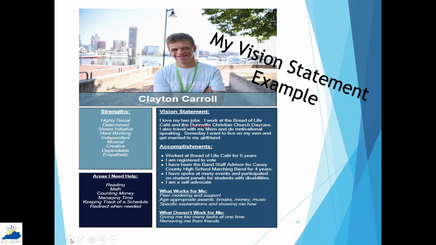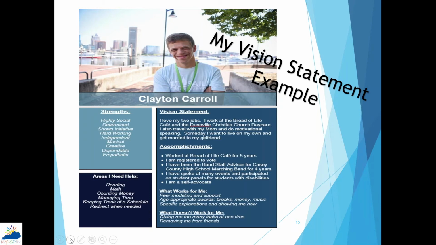Okay, wonderful. Well, we're going to look at Clayton's vision statement. The reason why I like to call this a vision statement versus a snapshot is that the snapshot, I look at it as for a younger child. The vision statement is what I want Clayton's vision to be for a good life for him, and I wanted to have that on there. And so when I found Andy's, which is my friend Stephanie's son, and we even give you the link later on in our resources that we'll go over of Kentucky Works, which is where you will find this document online also, it talks about a vision statement for your young adult. And that's what I wanted.